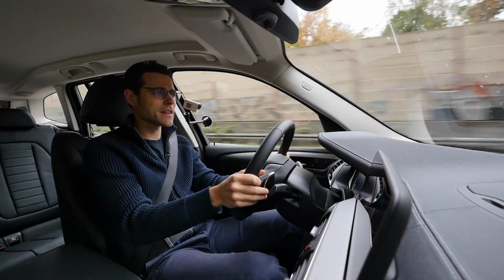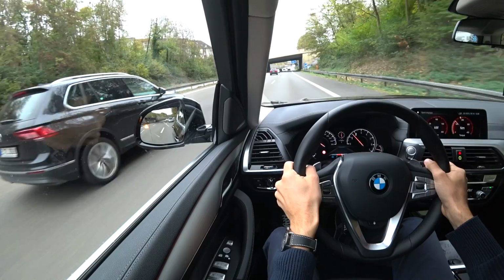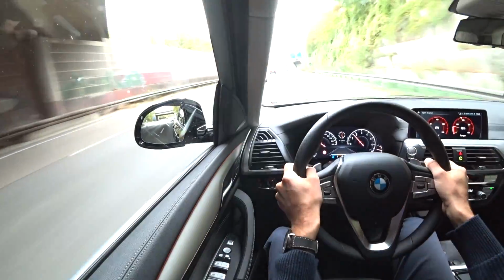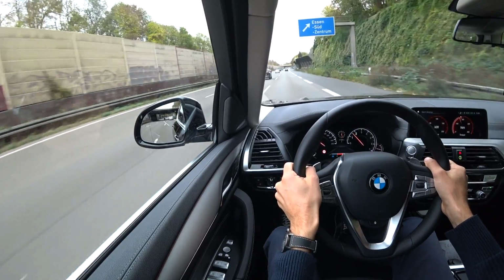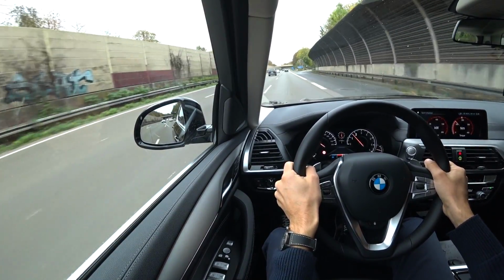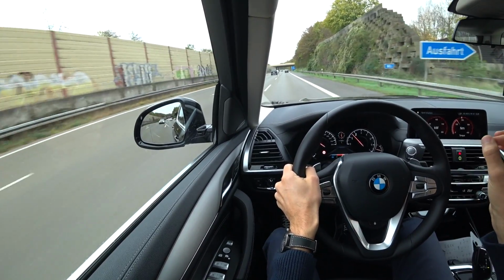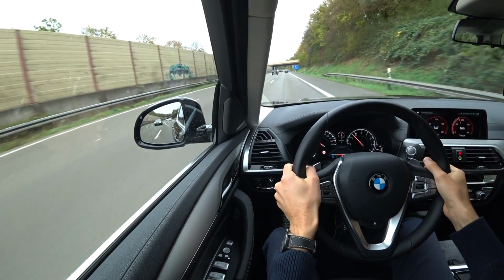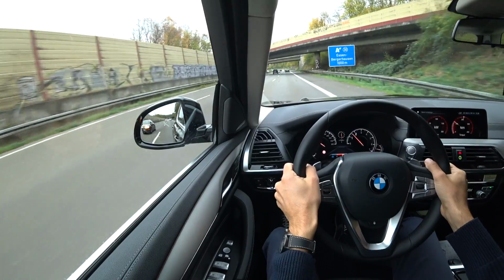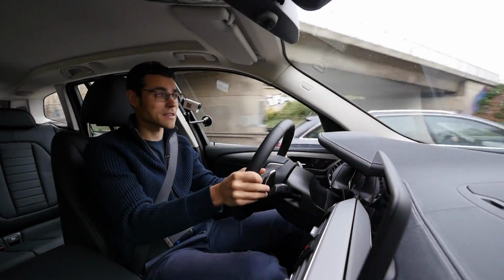Welcome to Thomas's Driving Lounge with the BMW X3 in this new generation. Here with the 30i, 252 horsepower, the 4-cylinder petrol engine with the turbo. So we're starting here with a little motorway ride, and one of the most important key factors of this new generation is the sound insulation has been improved significantly. At the moment 100 kilometers or 62 miles an hour on the clock and it's really very silent and relaxing,